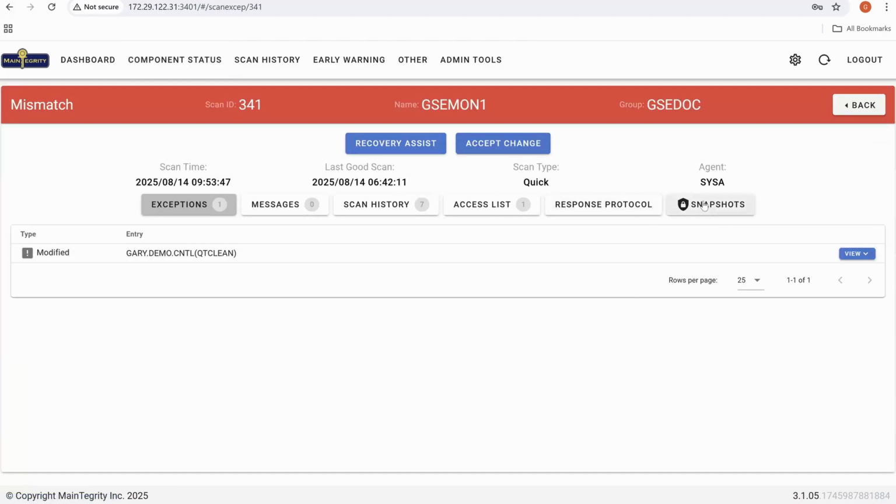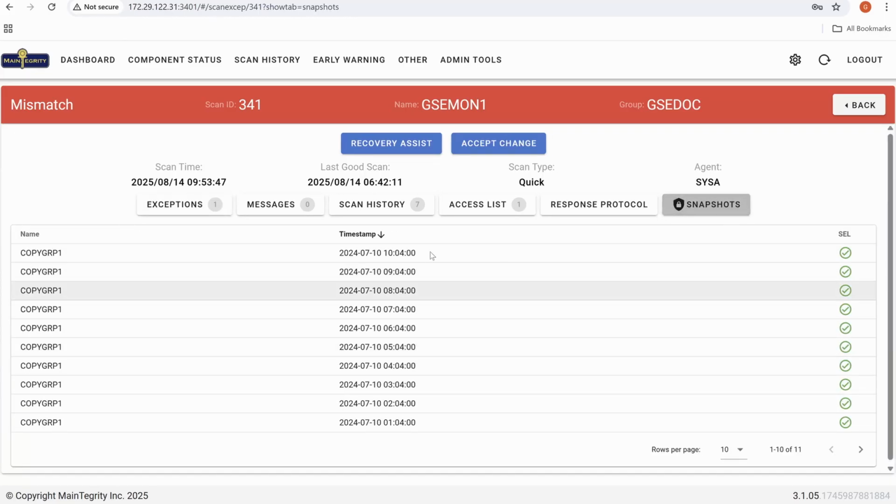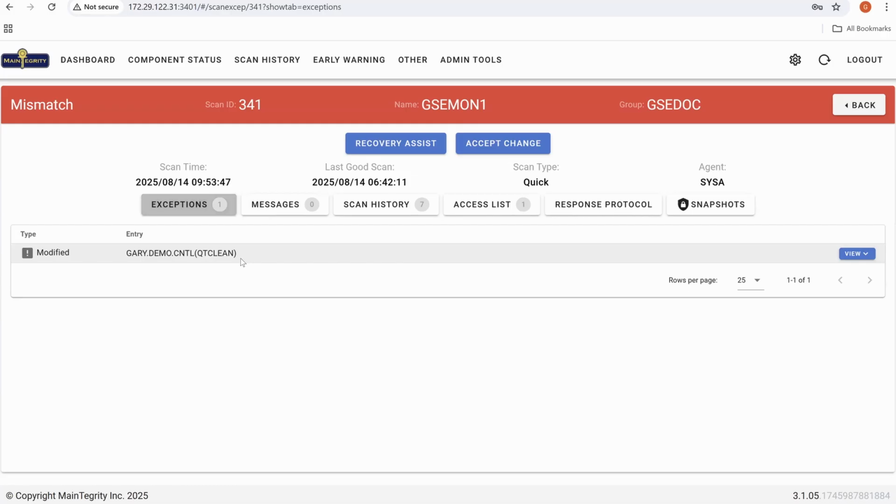There was a little bit of talk about immutable backups. This is from a long time ago, from last summer. We were working with Hitachi, and these are actually Hitachi snapsets. If these weren't so old, and there were some that had occurred after the change was detected, we'd have a red X through them, just so you know. Anyway, we'll go back and take a look at what we did here.